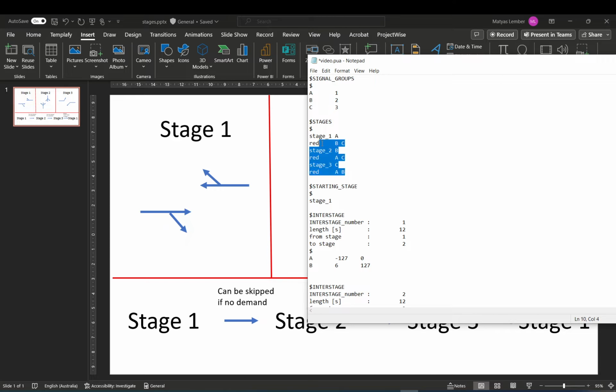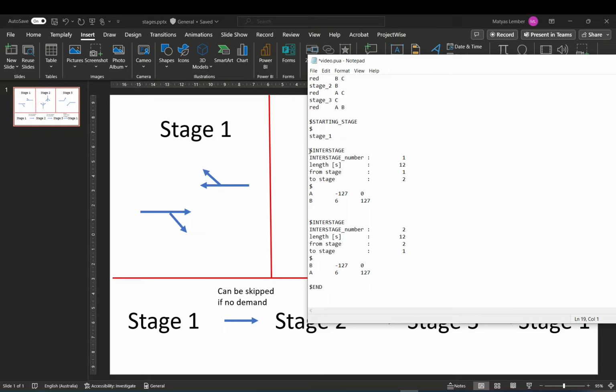So we have this set up. Again, stage 1, A is green, B and C are red. B is green, A and C are red, and so on. Starting stage, sorry, stage 1. And now